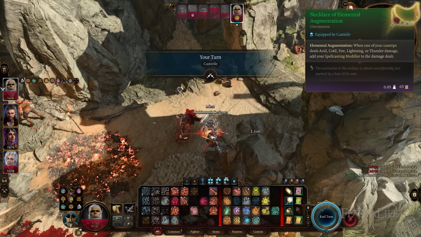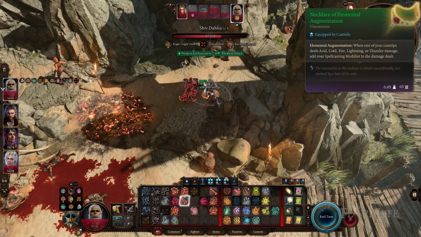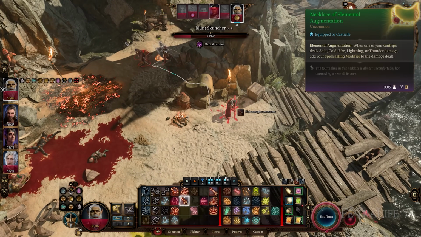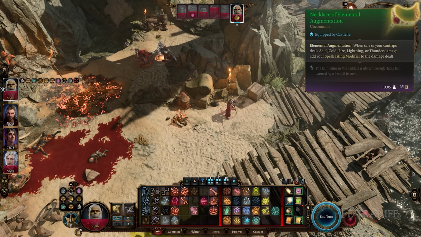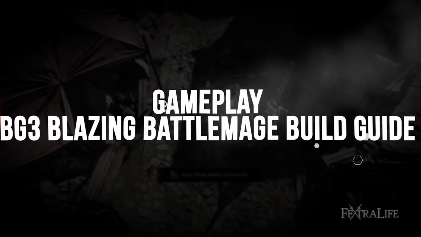Obviously, the necklace I have makes it so that you add your spellcasting modifier to your cantrip damage, which is good if you use cantrips. Sometimes you won't use them, so it's not super important, but it can help with damage when you're using cantrips. So you can see the general concept here is that you're going to go into battle,